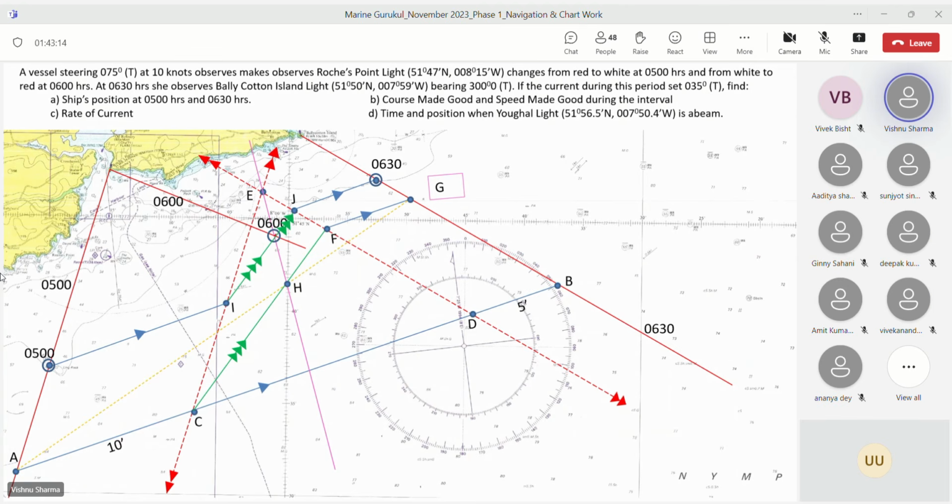First, let us freeze how we have got the fixes. If anybody has any doubts, let me know. I think up to the 6 o'clock fix, everybody was aligned. Am I right, guys? Yes, sir. Okay. Then what did we do next? We drew the current through the 6 o'clock position between the transferred PLs. Is this step clear to everybody? This is the set drawn through the 6 o'clock fix between the transferred PLs, right, guys?